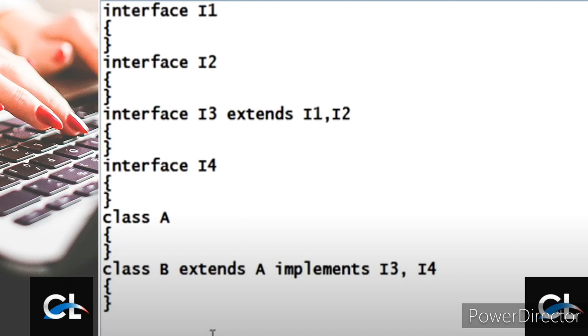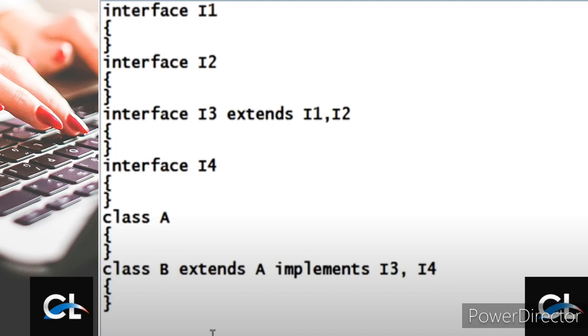Class A is a superclass, class B is a subclass, class B extends class A, and at the same time we want the common properties of I1, I2, I3 and I4. So we only have to write implements I3, I4.